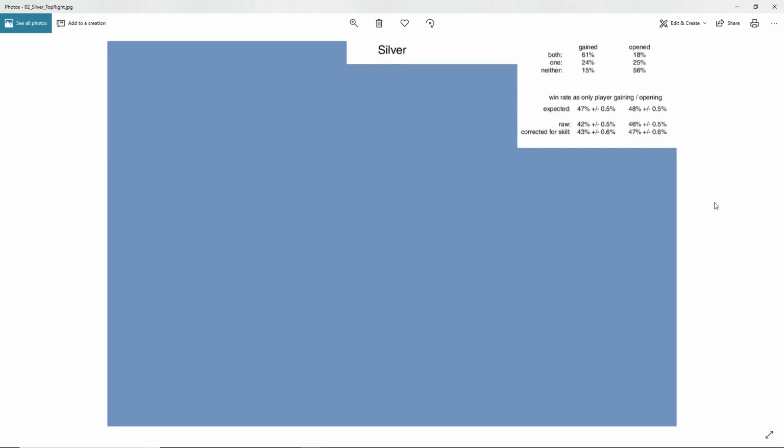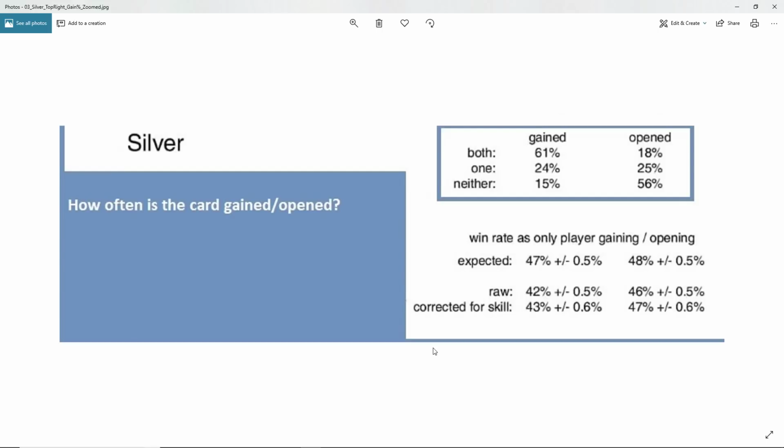So first I want to draw your attention to the top right. I cover these areas in what I think is the most important order. So if you want to start looking somewhere, start in the upper right, that tells me at least the first kinds of things I want to know about the card, and then I gravitate towards other sections in order to get more information about the card. So we're going to zoom in here, so don't be alarmed. Okay, so still looking at the upper right, I'm highlighting this section up here, which has gained, opened, both, won,